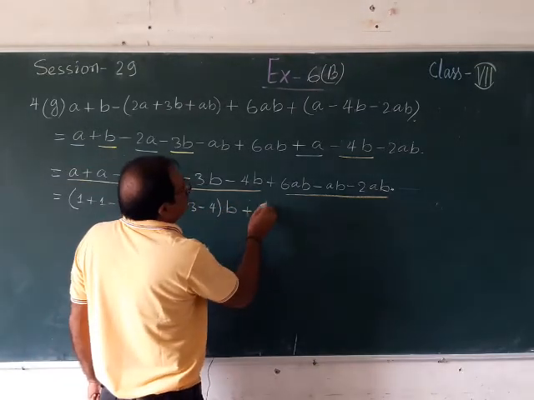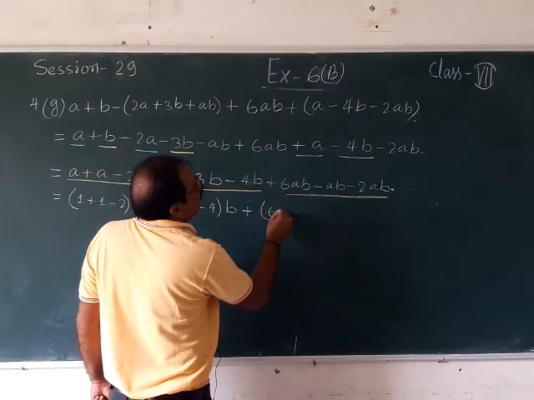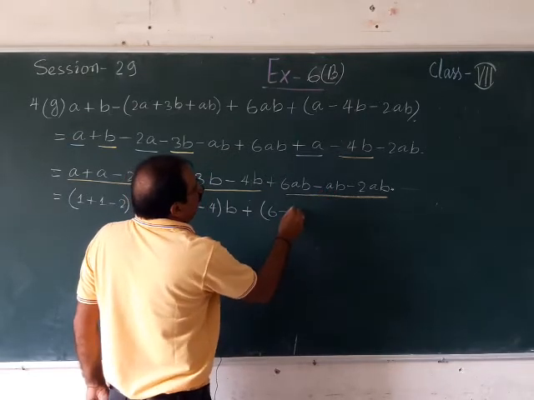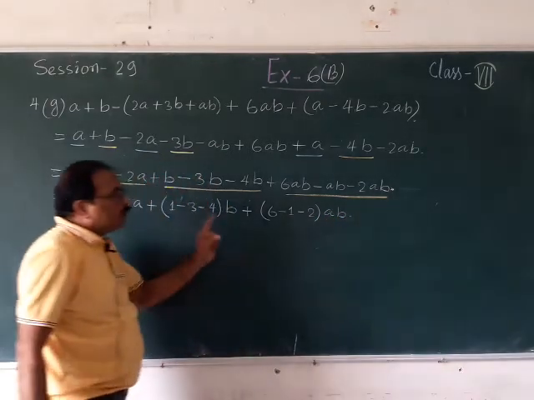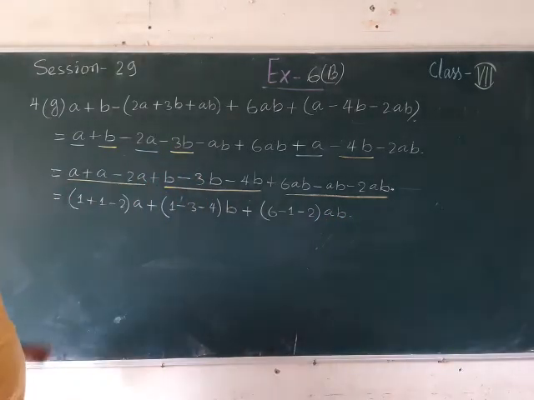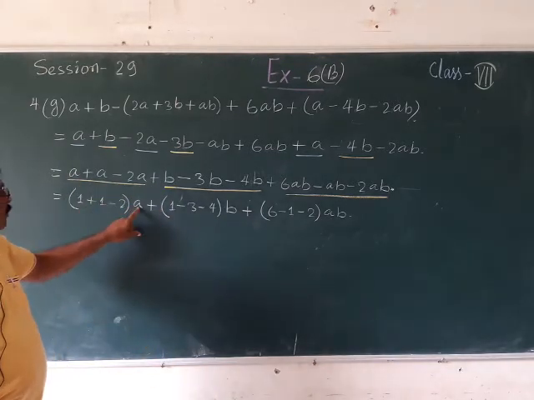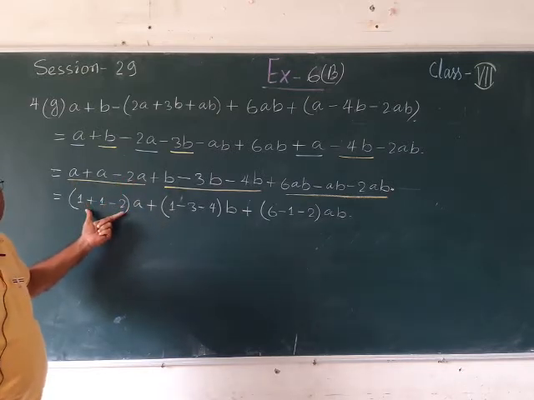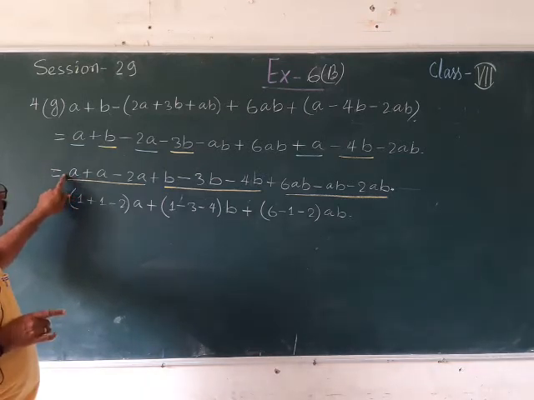Then here plus sign I am writing, then taking a bracket I am writing here 6, then minus, before ab nothing is written, that means here 1 is always there, then minus 2, and I am writing here ab. This is also a very important thing to understand, that when you are going to take the term as common, here a I have taken common, so no need to write a. Inside the bracket I am writing only numbers. Before a no number means 1 is always present, that means coefficient of a is 1, so 1 is written there.